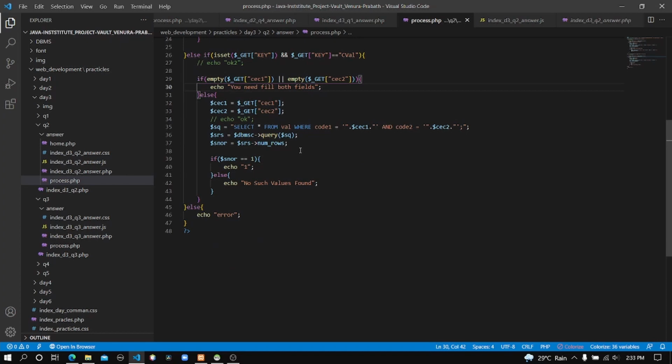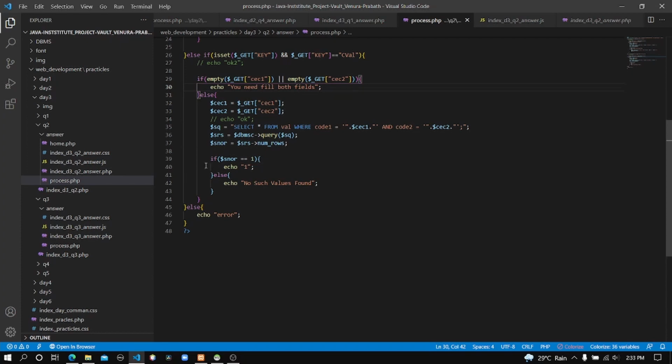Again, I use the select query to check whether these two values are recorded in the database. So after I executed this query using the database connection, the outputted result set will be stored in a new variable called SRS. And after that, I checked the number of rows in that result set and stored that number in a different variable.